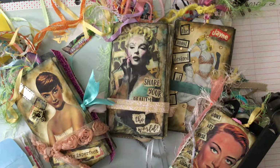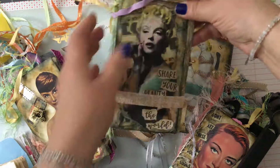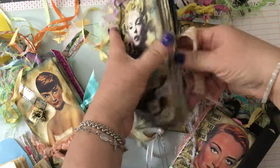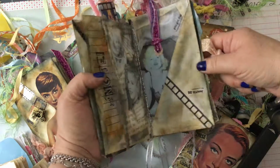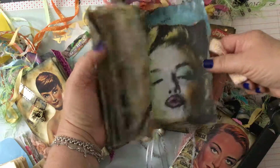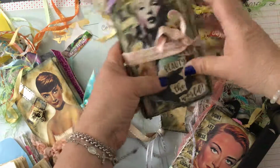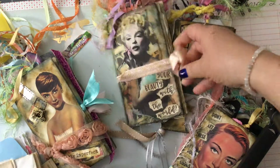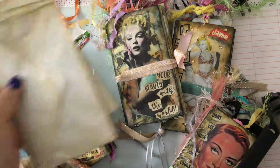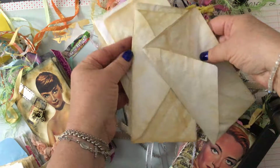Everyone, it's Erlene Garcia Art, and as promised, I wanted to teach you really quick how to make these tea-dyed envelope journals. And if you watched my other video, you got to look inside all of these really pretty, cool, awesome recycled envelope journals. So basically what I did is I took leftover tea bags from my sun tea, laid